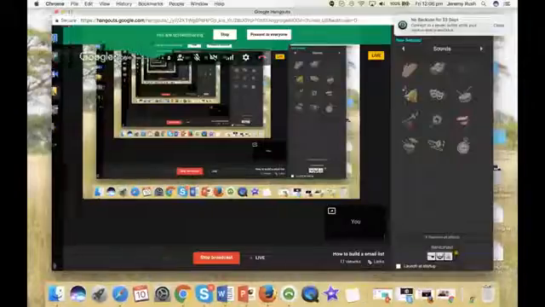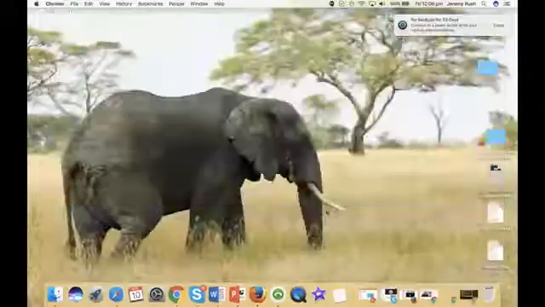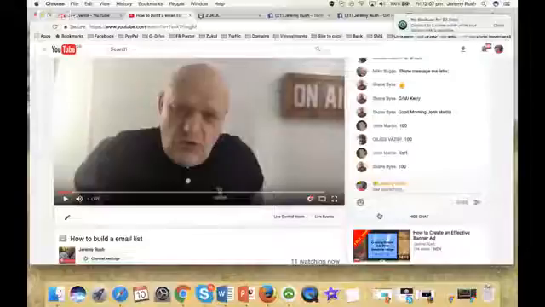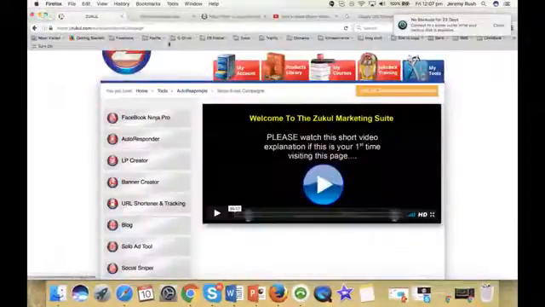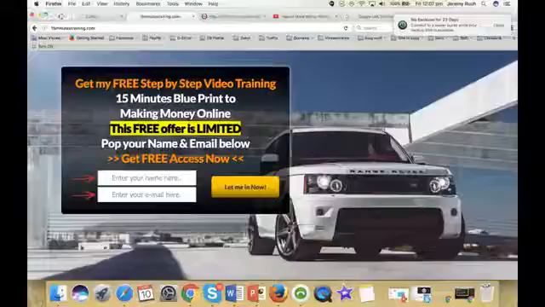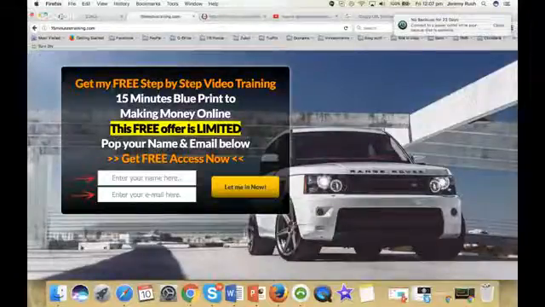So hopefully you can see my screen. So I'll hide that, minimize that, and I'm going to come over to Chrome first. So hopefully people can see my screen. And what I want to do is take you to Firefox, okay? And I'm looking at my landing page. Now, before, because I didn't want to confuse anybody, I used to have my landing page going straight into my offer. But now I don't have that.